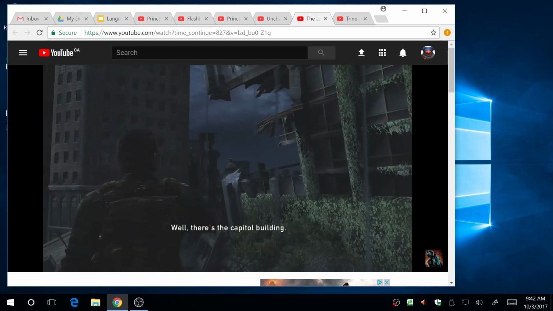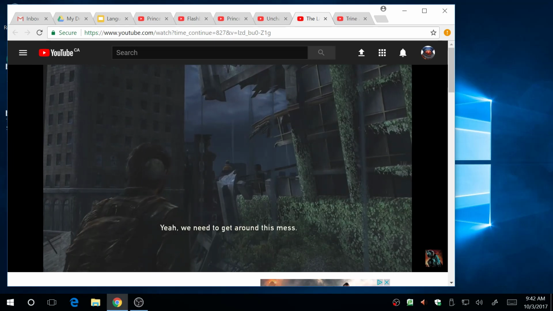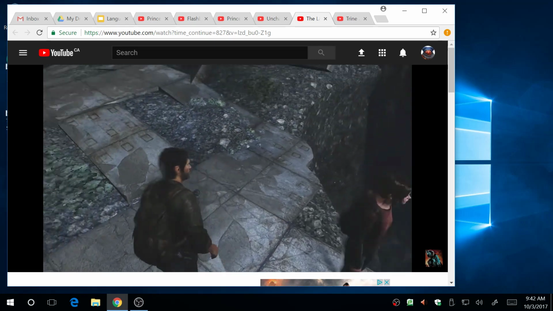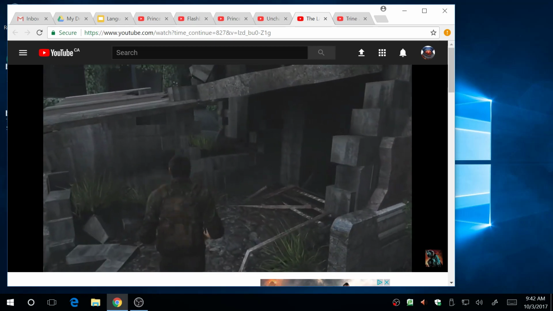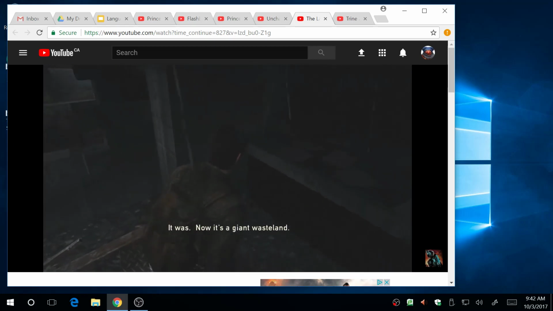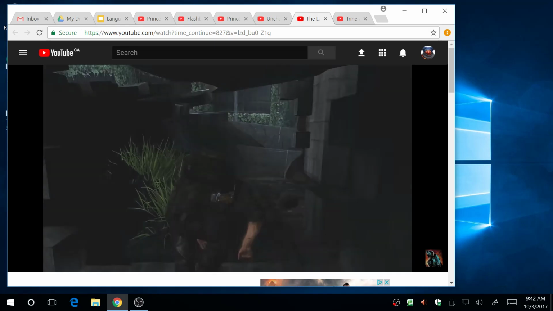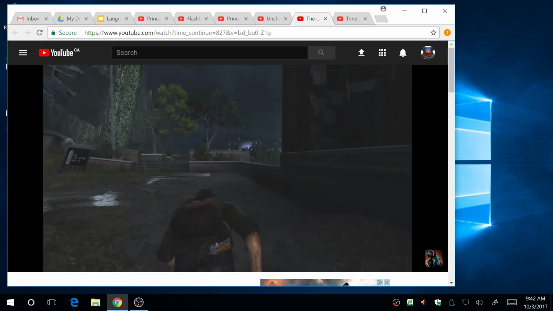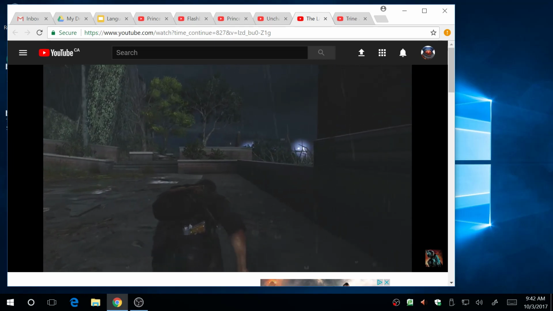Now, there could have been an earthquake, some kind of military intervention here that maybe accounts for why there's so much verticality in the environment. But really, I think it's one of those contrivances that you as a player just kind of accept and get on with. Because you need that verticality in the environment to facilitate the type of gameplay